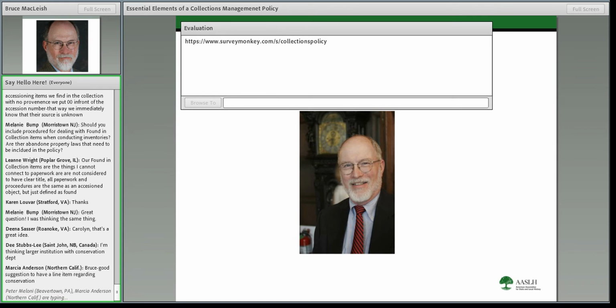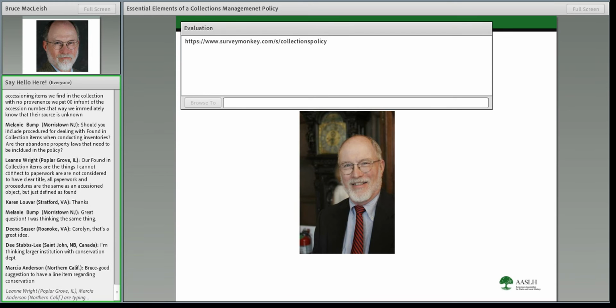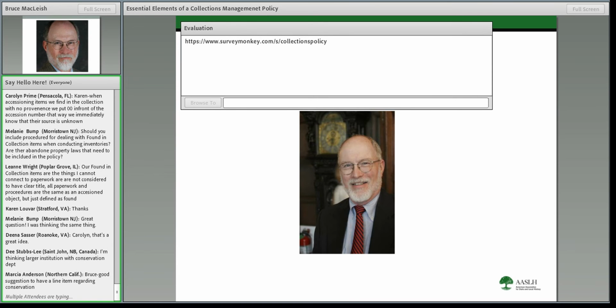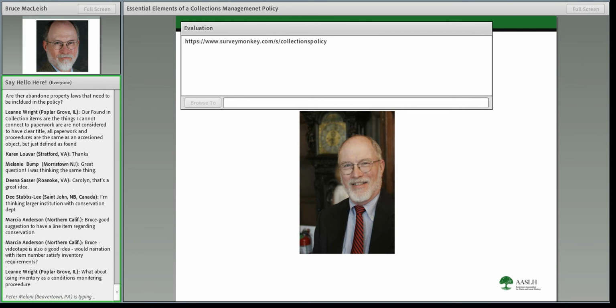Okay. And then just a couple of questions about what to include in the policy. Dee is curious if you would include something in your policy about the time frame for processing new accessions. That might not be a bad idea. Actually, doing the work is a procedure and a process, as we mentioned earlier. But having a time frame is pretty important,